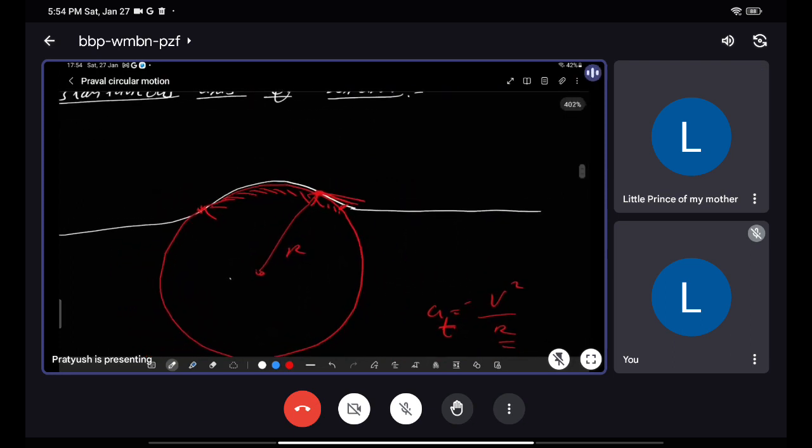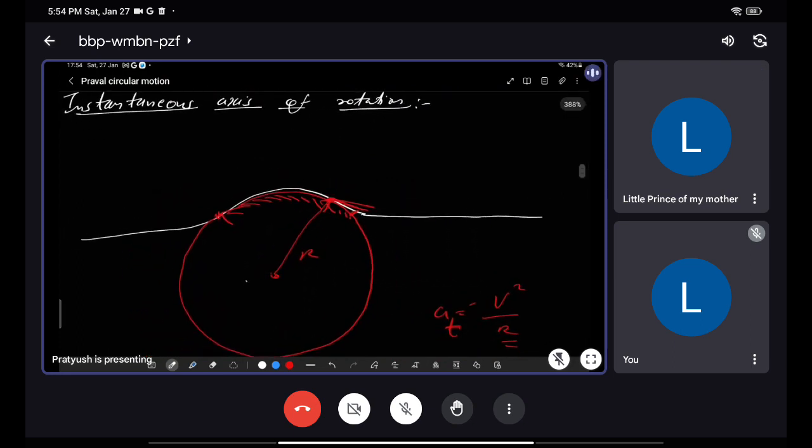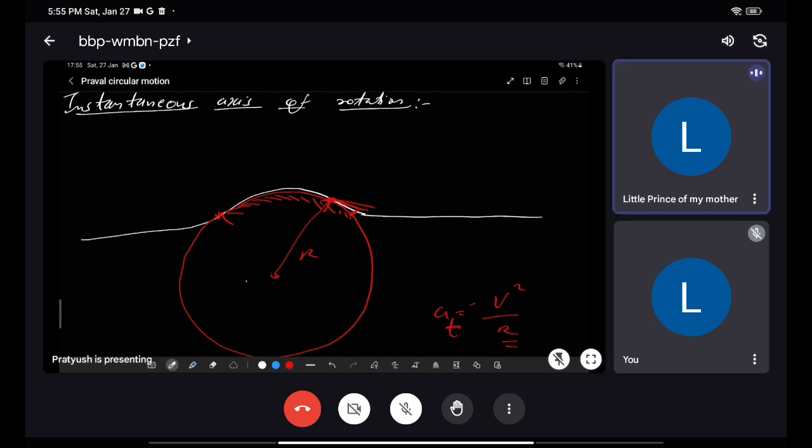See, instantaneous axis of rotation is nothing. Whenever a particle or an object is covering any kind of curve, we can consider that curve as a very small part of a very large circle, and we can apply the concepts of circular motion. Getting it? Yes, sir, getting. So this is called,